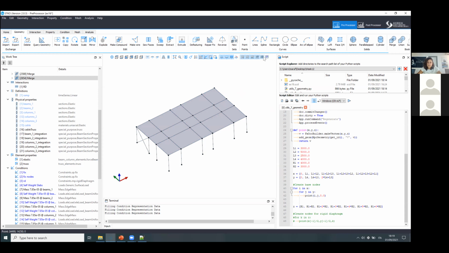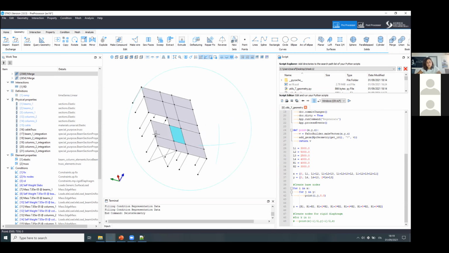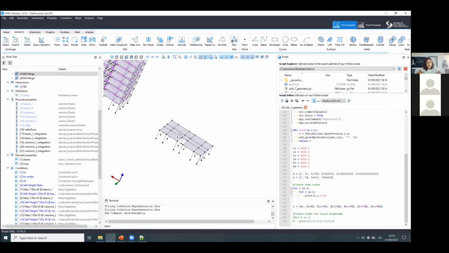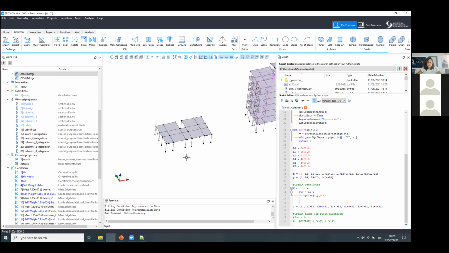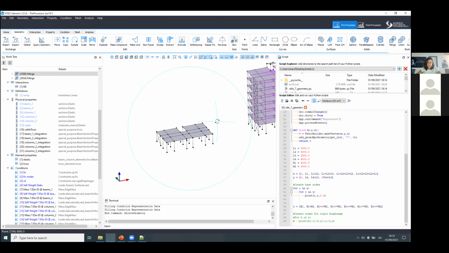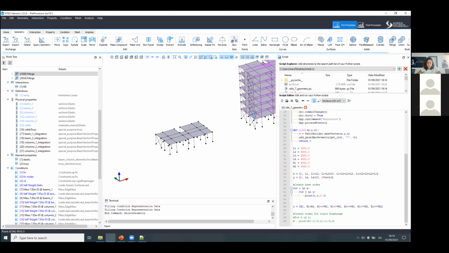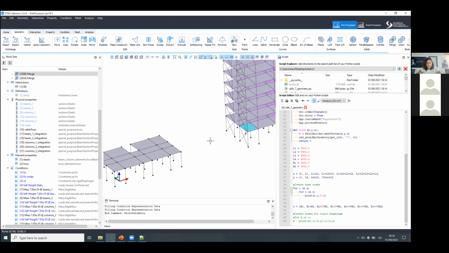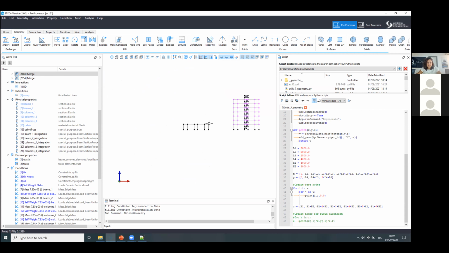In this case, for example, we have a staircase here, so we go on and remove a face in this position. And like that, we go on and create all of our structure up. In this case, we cannot copy paste all the story because the next story is a bit smaller, so we would have to create a new one. And the easiest way to do it would be to